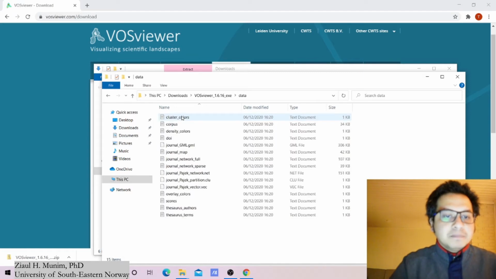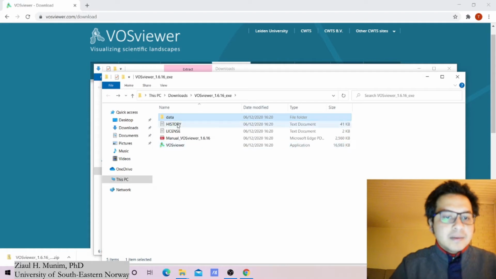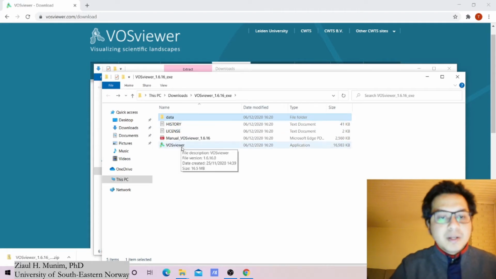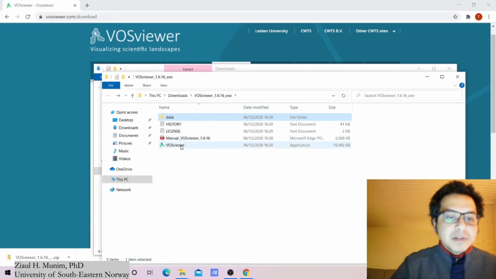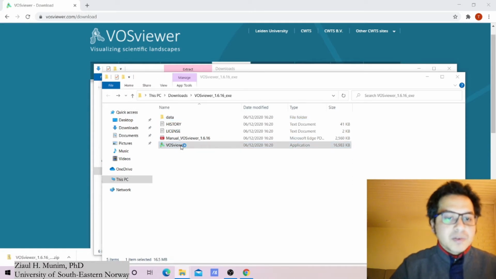Here we can see some data. Here you can see the history, license. But for us now, the interesting part is this one, the software. Okay, so I'm going to run this one,